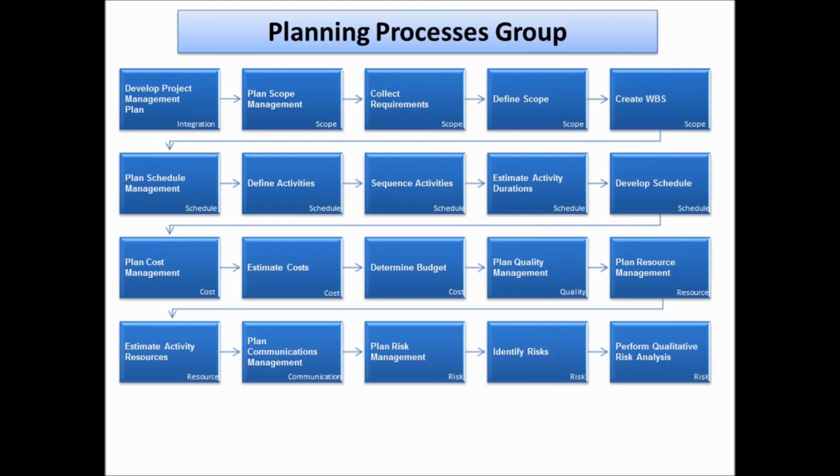We can rank them on a scale of 1 to 5 and think about risk urgency as to which are those risks we should be taking care of right away, else there will be a bigger impact to the project as a whole. And the next process, like I mentioned, is